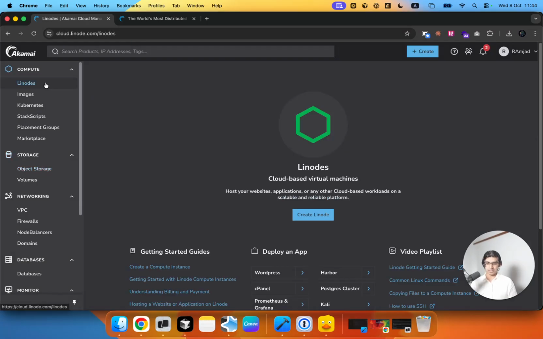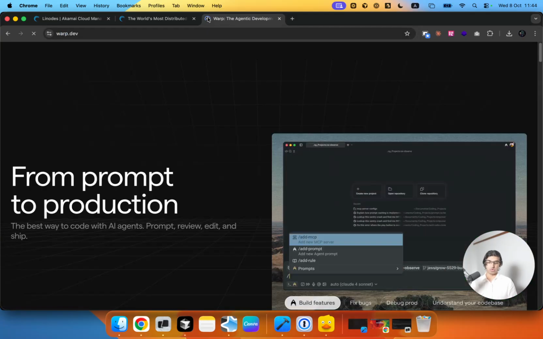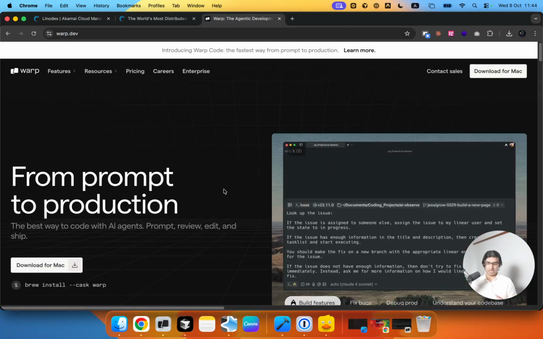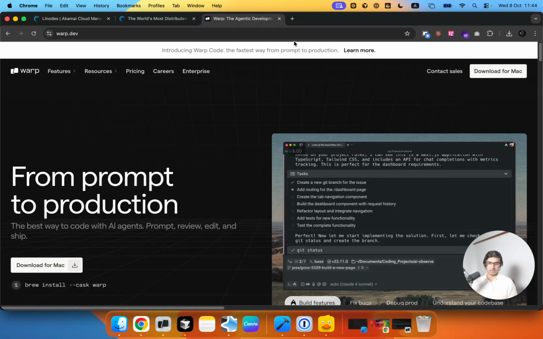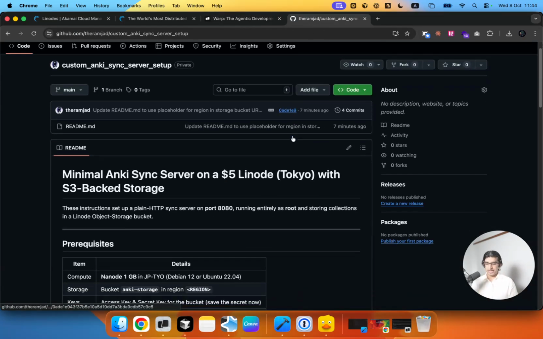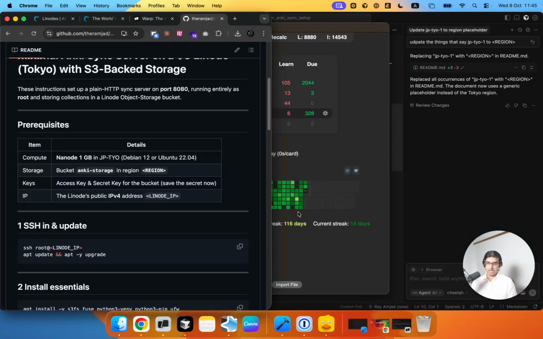Anyways, now going back to Linodes, if we refresh, we can see that our server has been set up. We want to download a program called warp.dev, which is basically a terminal, and it has AI built in that can help us diagnose issues much faster. And now you also want to go to these instructions that will be linked with this post,